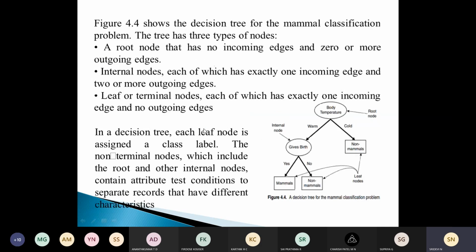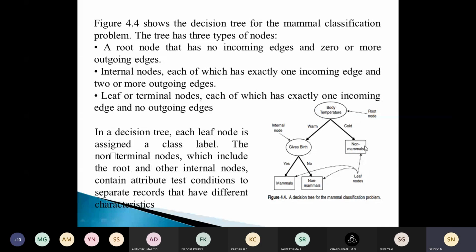This diagram 4.4 will use the attribute body temperature to separate warm-blooded vertebrates from cold-blooded vertebrates. And as we all know that all cold-blooded vertebrates are non-mammals, we have assigned the leaf node which is labeled as non-mammals here. So this is the right child of the root node.